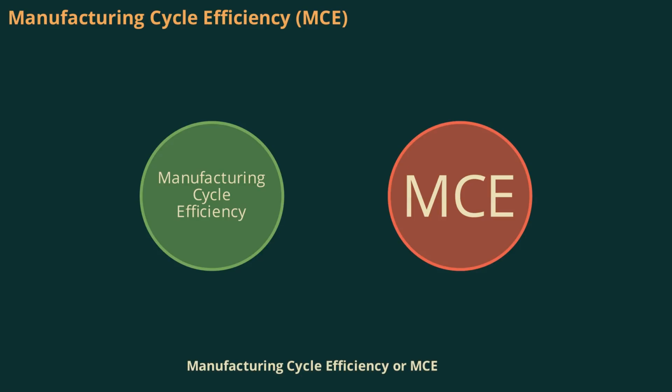Manufacturing cycle efficiency, or MCE, is the ratio of value-added time to total manufacturing cycle time. A perfect MCE is 1, meaning all time is value-added, but in reality, most companies have much lower ratios. By striving to increase MCE, organizations can reduce non-value-added activity, speed up production, and lower costs, delivering greater value to